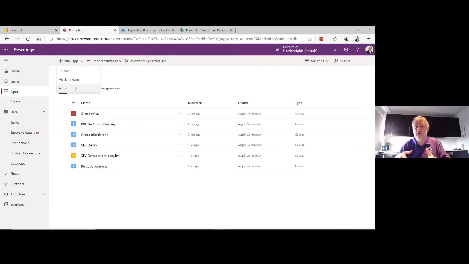They need to be logged into the same organization as you are, and then the license check and everything is done there, and then you can use them. Portal apps are different. They are more aimed at if you want to put this onto the internet, where you can be licensed by number of clicks or different ways you can do that. So that's if you want to go down that road, you want to use portals. Otherwise, you use Canvas or model-driven apps.